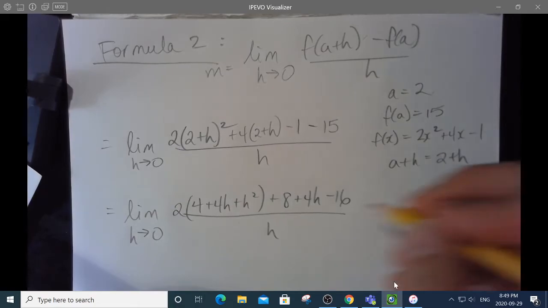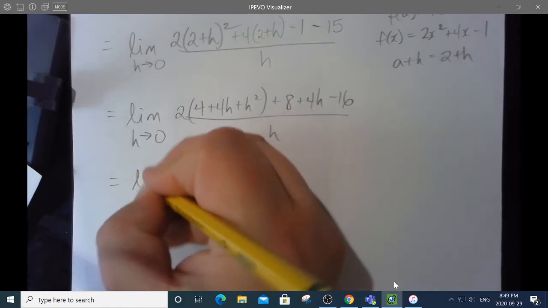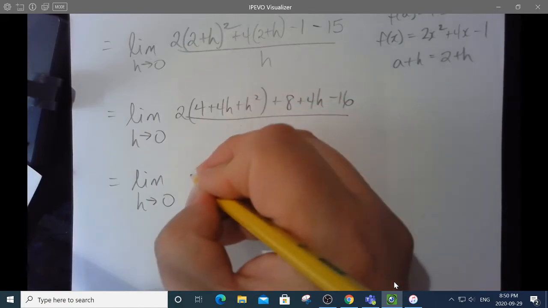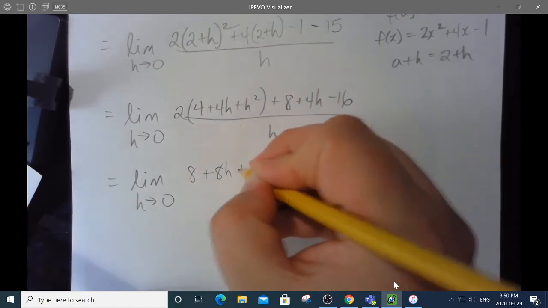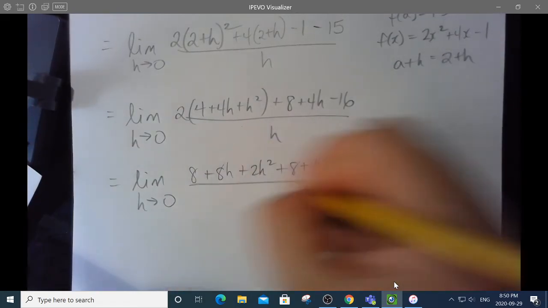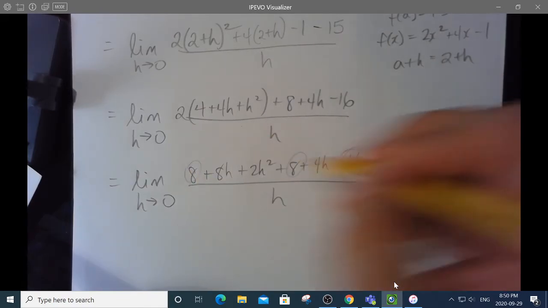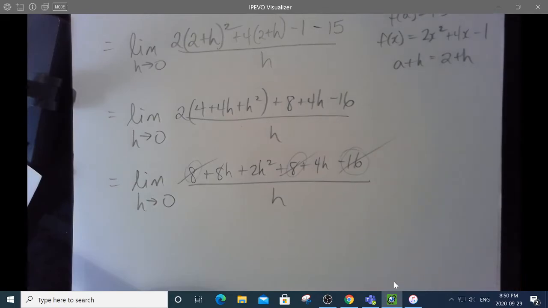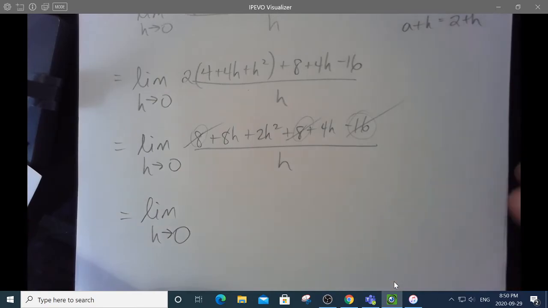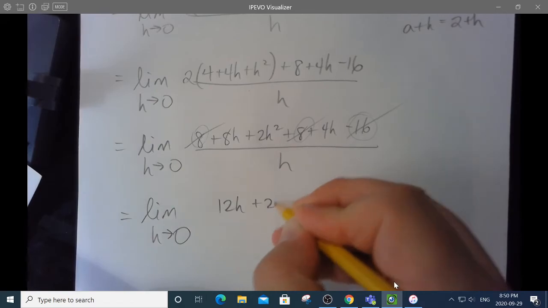Getting there. Remember, the goal is to hopefully make all these constants go away so I can divide out the h. So let's keep going. So that's the limit as h approaches 0 of, that's 2 through that bracket, which is 8, 8h, 2h squared, plus 8 plus 4h minus 16. And yep, I can see it coming. Isn't that lovely? 8 plus 8 minus 16 means no more constants. So that's the limit as h approaches 0 of 8h's plus 4h's, which is 12h's, plus 2h squared,